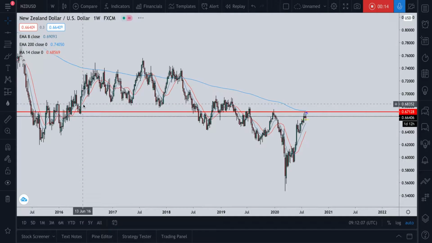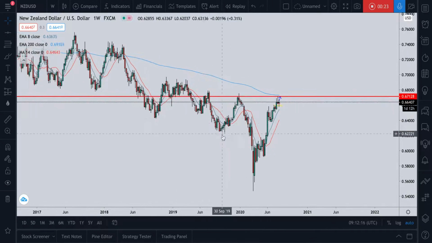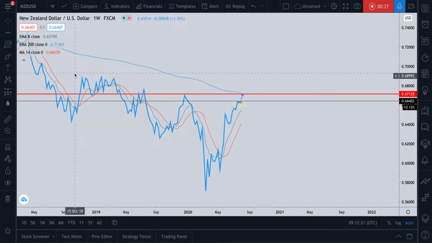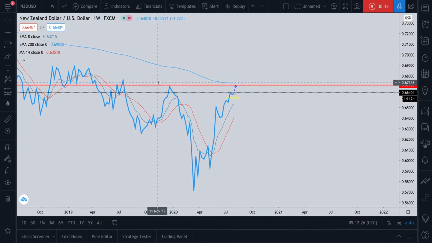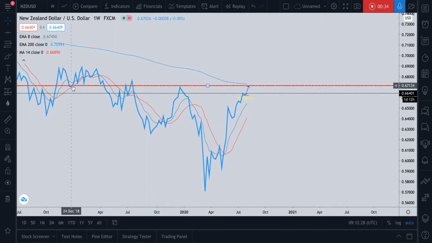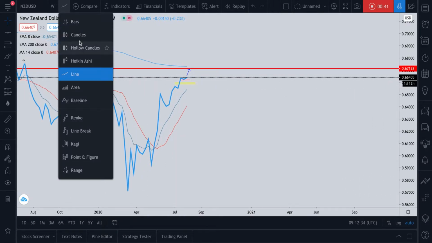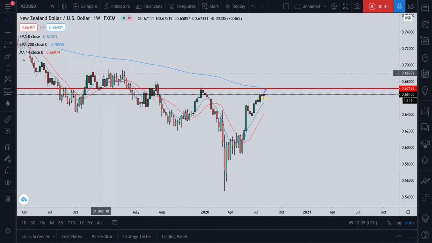this pair. So in the weekly time frame, we see NZD USD has been tumbling to the downside. So I have this descending channel to the downside, creating lower highs, lower lows, lower highs, lower lows. Then what I did, I went to the line graph, then I indicated my resistance levels. Then you find price rejected here, here. And then when you switch to the candlesticks, we're seeing price totally respecting this level